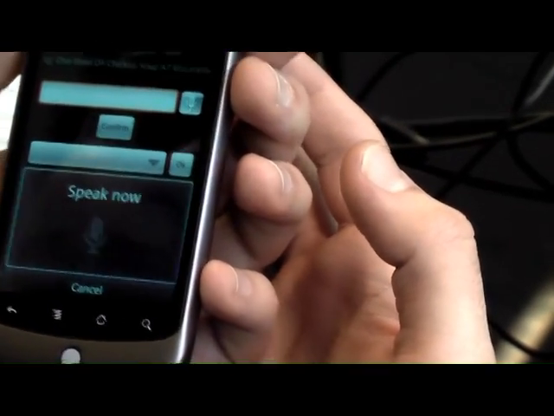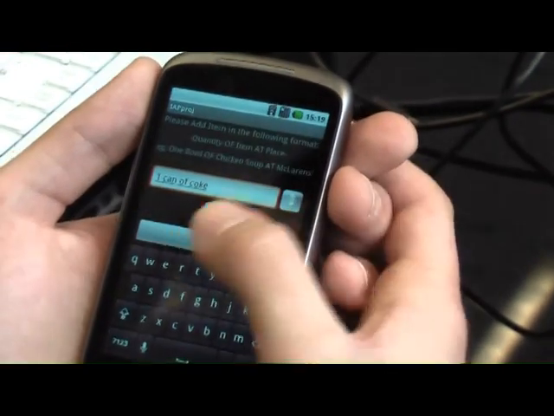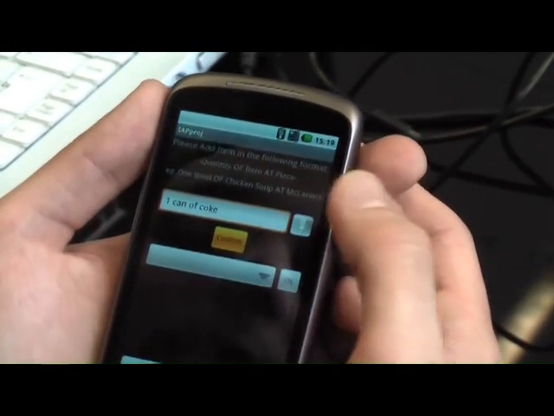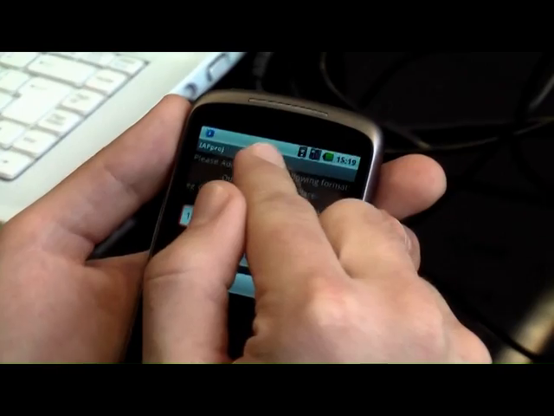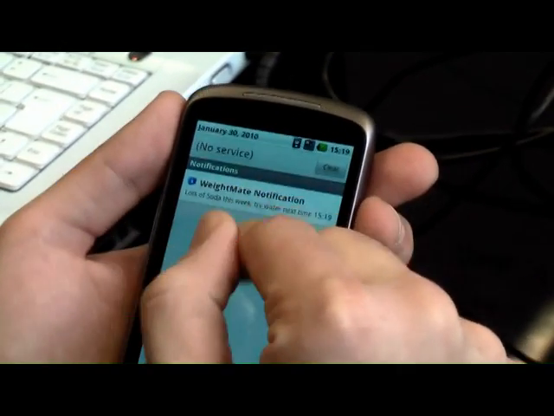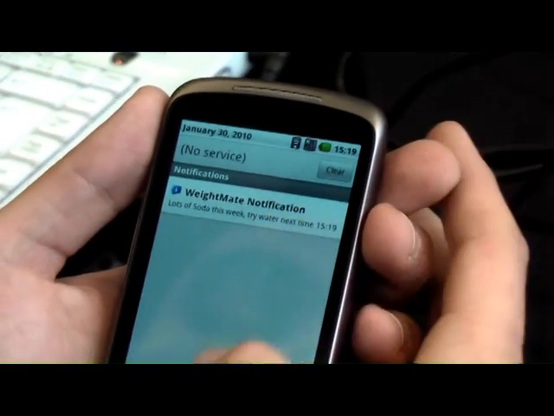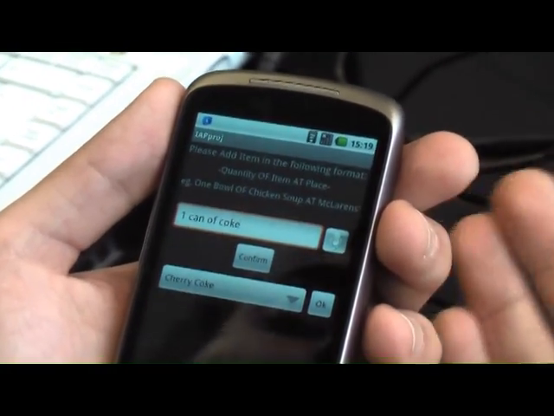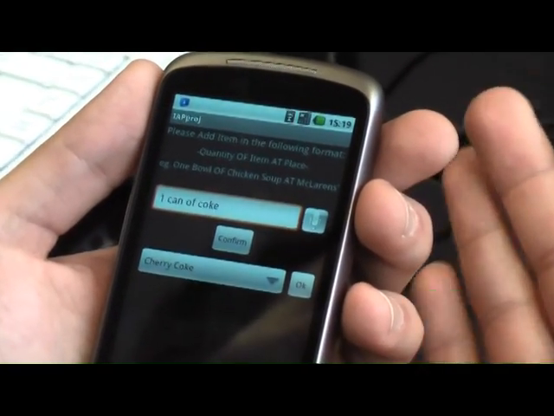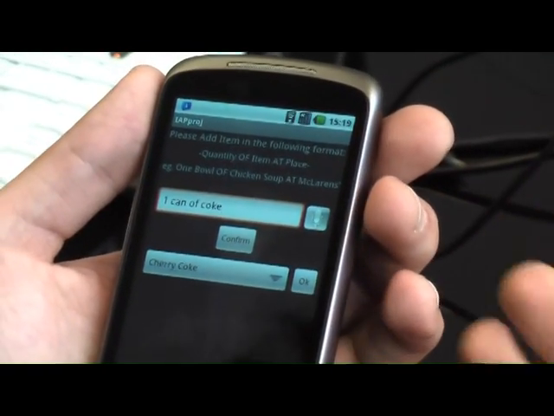1 can of Coke. And after we click confirm, we parse the text as well, and we see that a notification has come up on our screen. So let's read that. Lots of soda this week. Try water next time. So with certain inputs, we're implementing some notifications, just advising the user to make some healthier